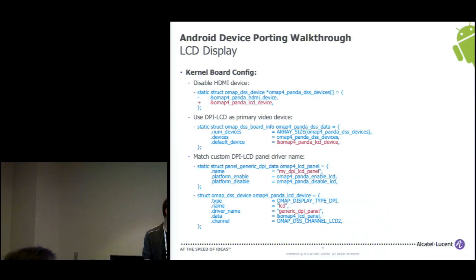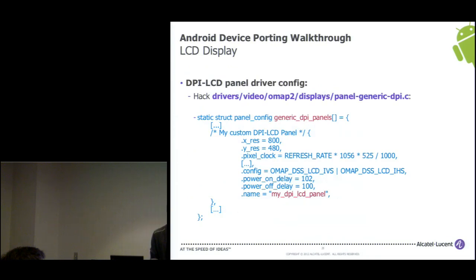In our case, the only thing that we have to do is, if you check out the kernel board configuration of the Panda board, you just have to specify that you do not want HDMI anymore, but you want to use an LCD device. You want it to be the preferred default device, so that you're really sure it never gets to init the HDMI. And you may want to create a new panel description that matches your screen. That's what I do with my DPI LCD panel.